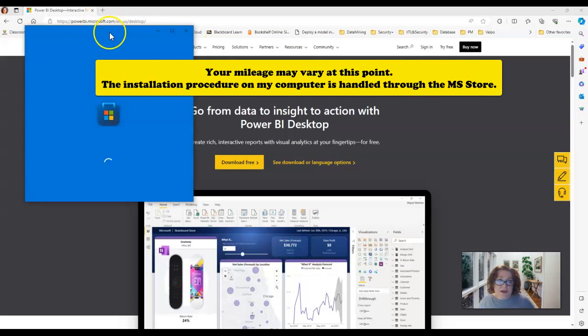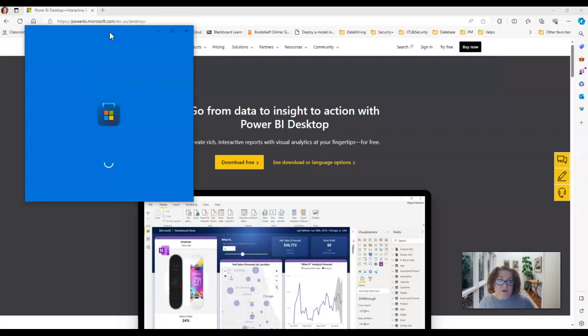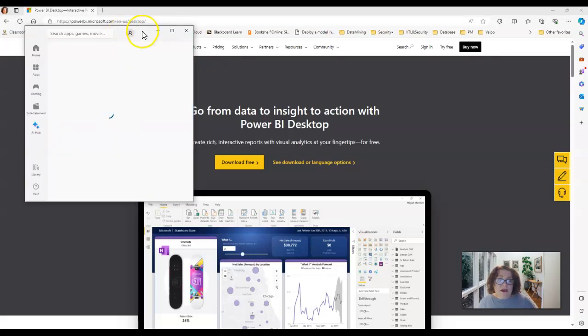So we're going to do that, and we're seeing that from the Microsoft Store we will be downloading Power BI Desktop right here. This is opening. So I'm going to click on install, and then